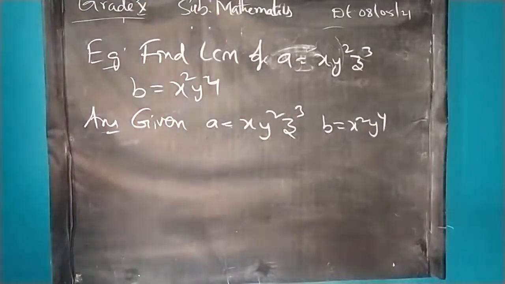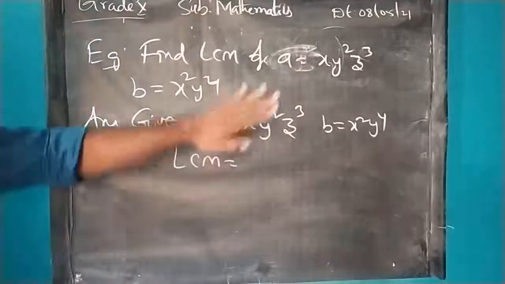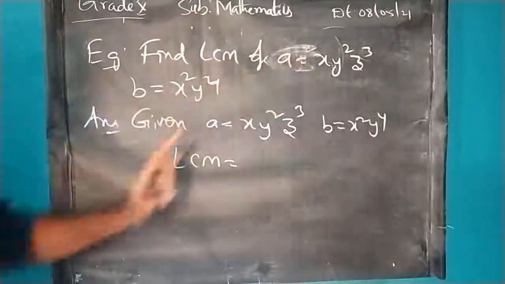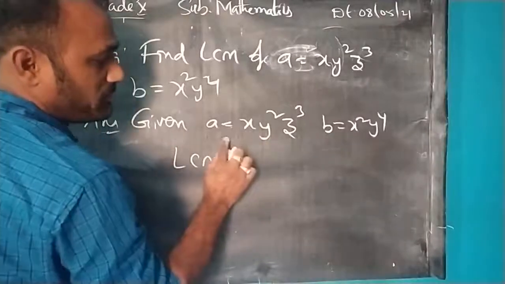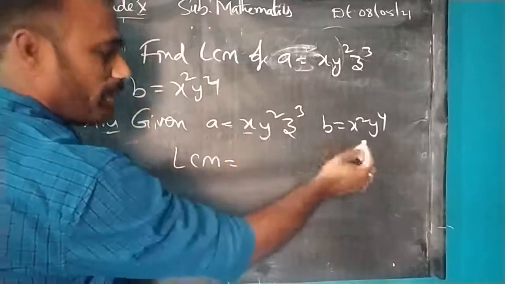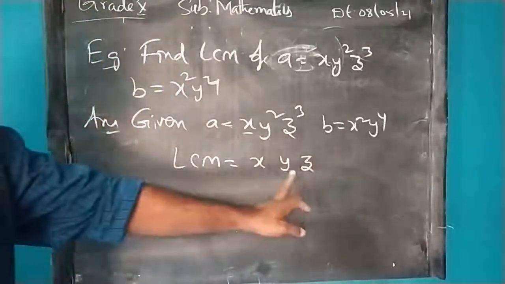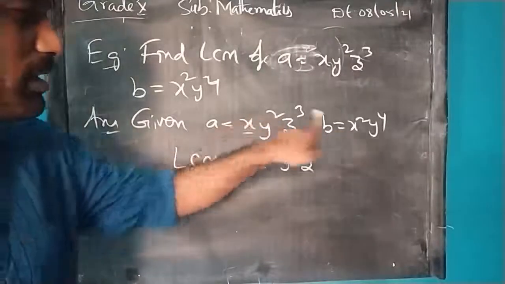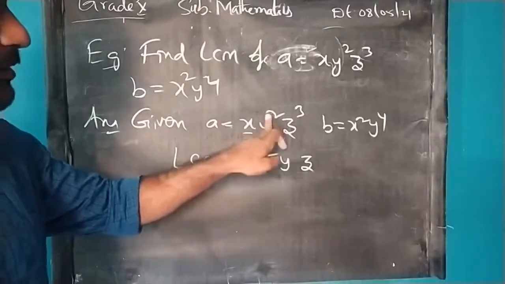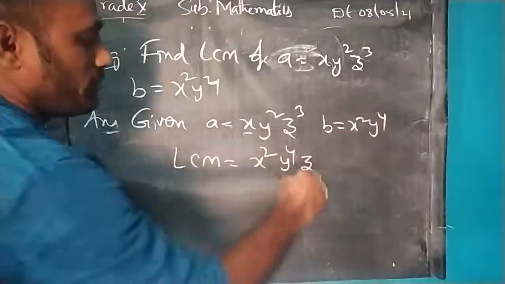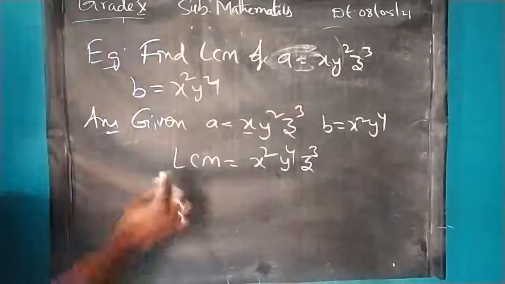Try to understand the difference here. If he is asking LCM in the question, make sure this is about variables. Previously we learned about numbers, now we are learning about variables. Whenever he is asking about the LCM, make sure we take the highest powers into consideration. All the three variables will come. Here x power 1 is there, x power 2 is there, that we have to take, the highest power. Here y square is there, y power 4 is there, we take y power 4. Z power 3 is there, z is not there in b, so we can take z power 3. This will be the LCM.